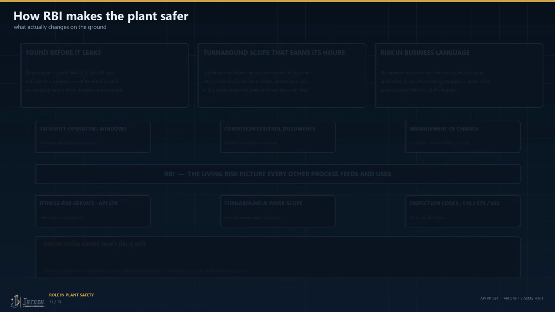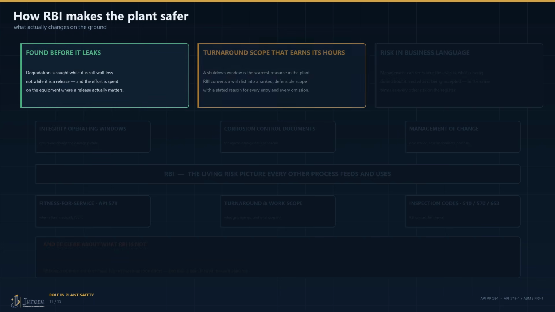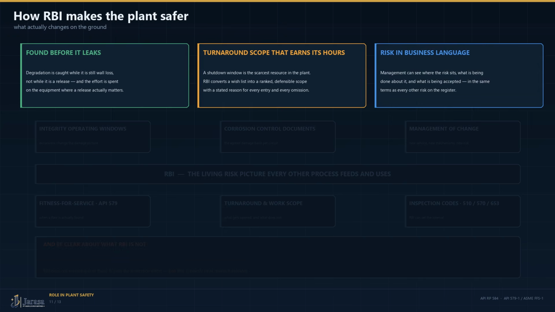So how does this actually make a plant safer? RBI finds degradation before it becomes loss of containment, on the equipment where loss of containment matters most. It turns a turnaround from a wish list into a ranked plan, so limited shutdown hours go to the equipment